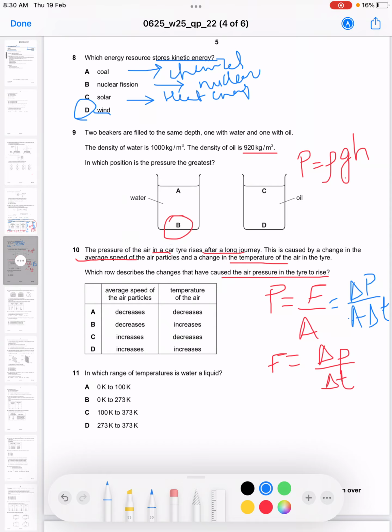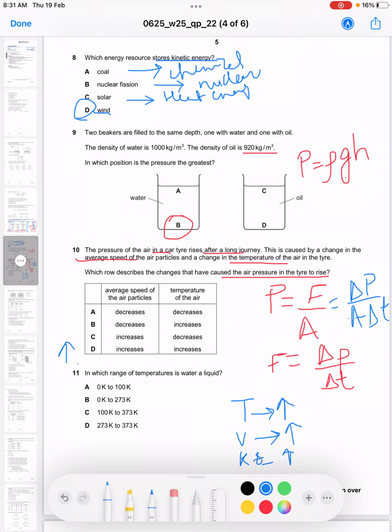Okay, now temperature and pressure, this causes a change in temperature. If the temperature increases within the tire, it means the velocity increases. I am writing: temperature increases, it means the velocity, the speed of the particles, increases. Speed increases means kinetic energy increases,